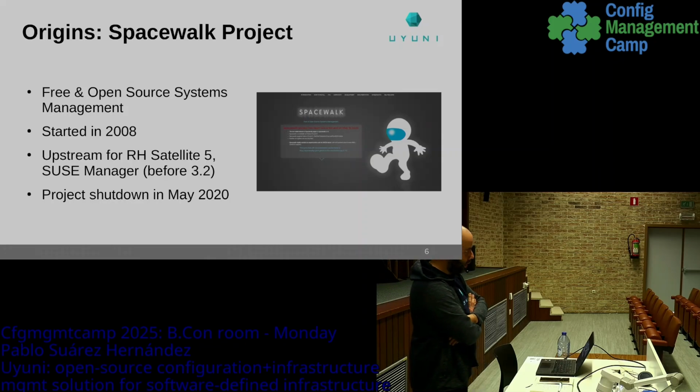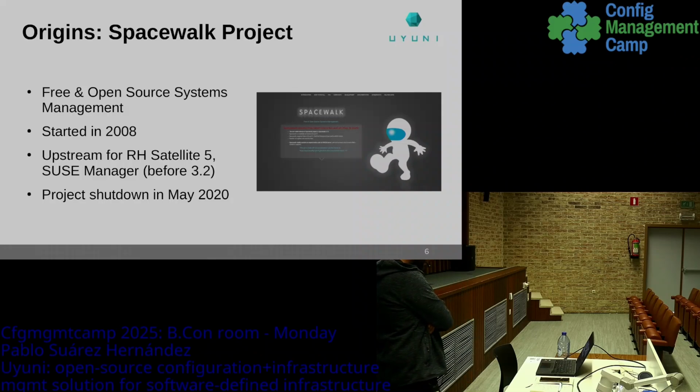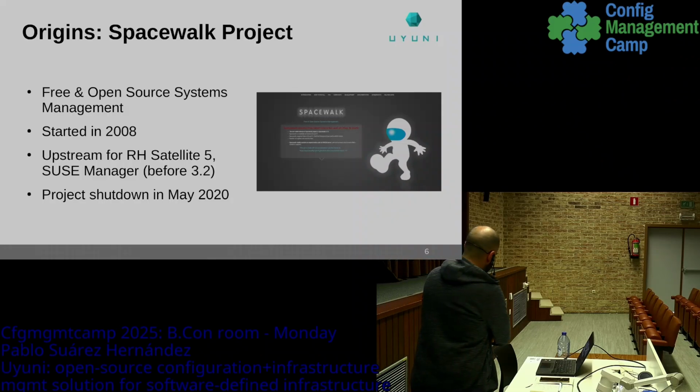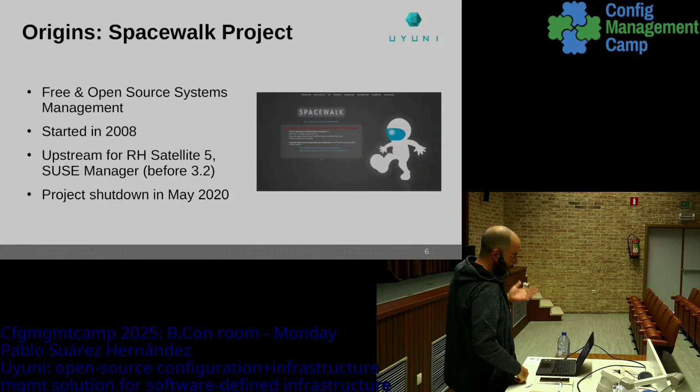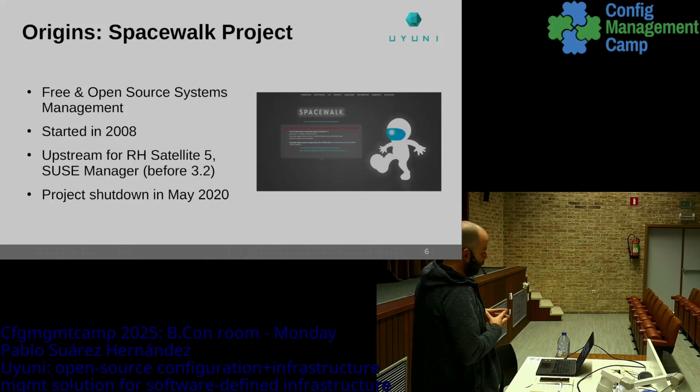We also used it in SUSE for our SUSE Manager product, what is now known as SUSE Multi-Linux Manager, until version 3.2. During that time, we were actively contributing to the Spacewalk project. And at some point, since Red Hat was moving the Satellite product to this new stack of Foreman, Katello, Pulp, etc.,